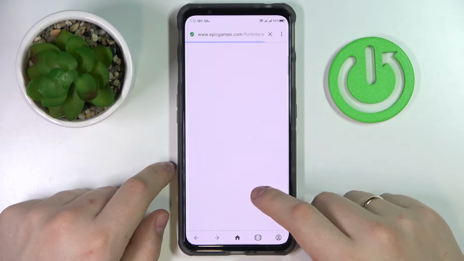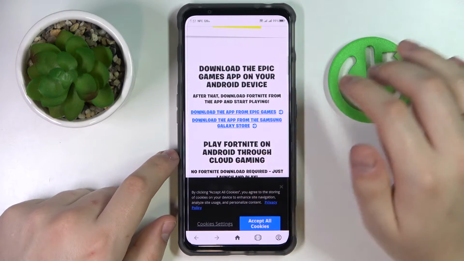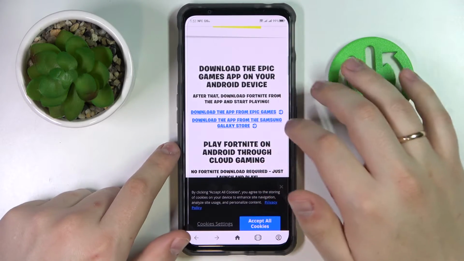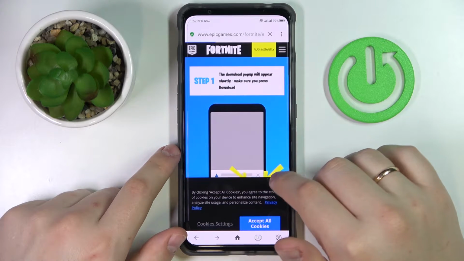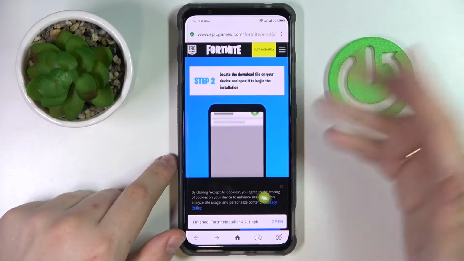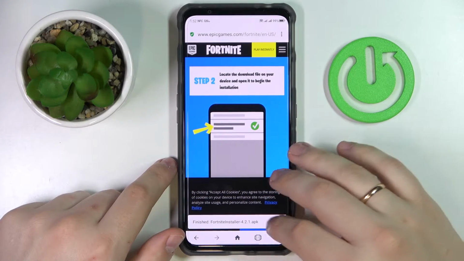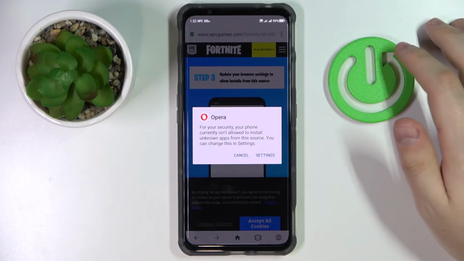Then, go for it. In here, you gotta tap on this download from the app from Epic Games hyperlink. Wait until the Epic Games Launcher download file starts the download, then confirm it and then wait, of course. After the file gets downloaded, just tap on it, and